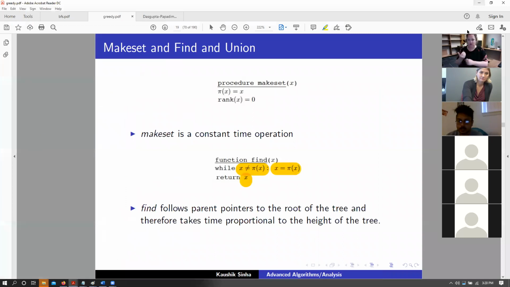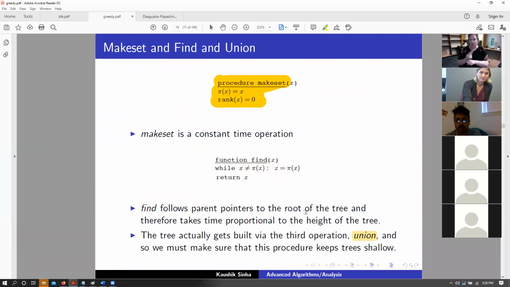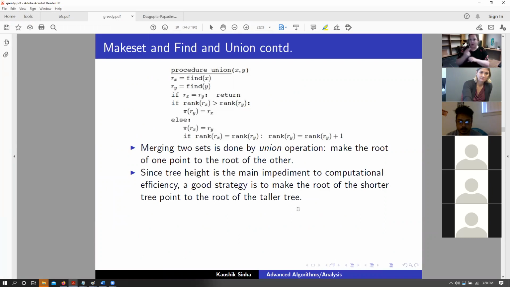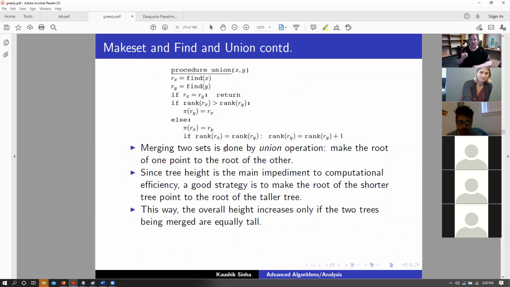So that is what they use when we are talking about using the union operation, and that is where these ranks come in, but I'll talk about this in a second.